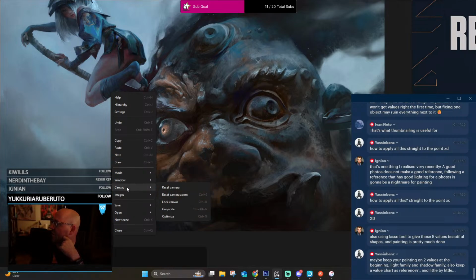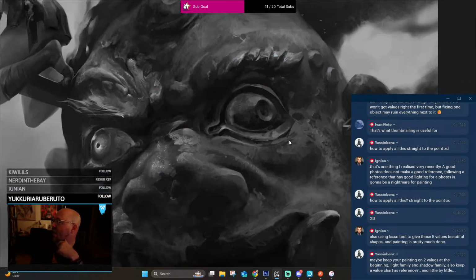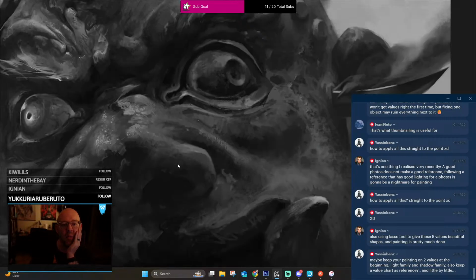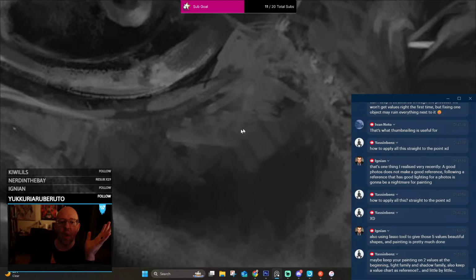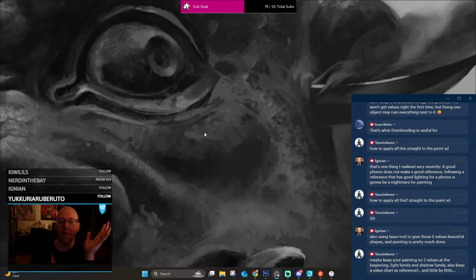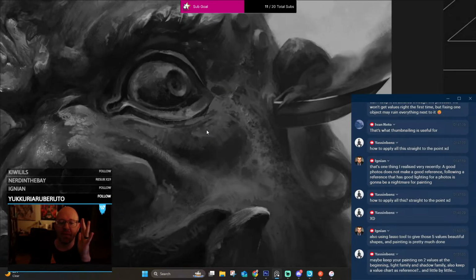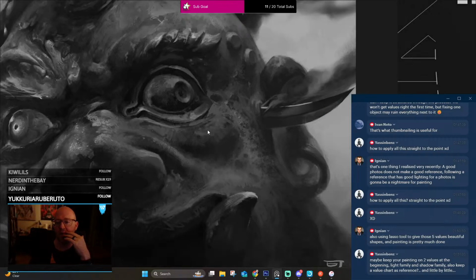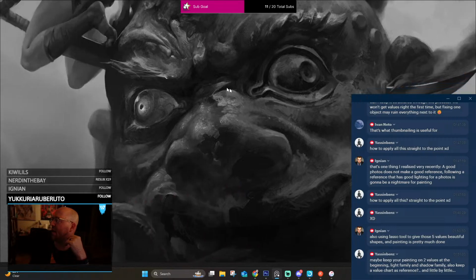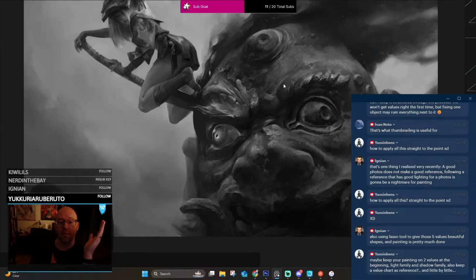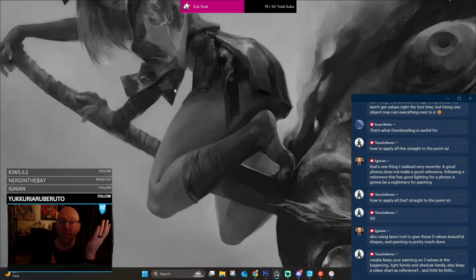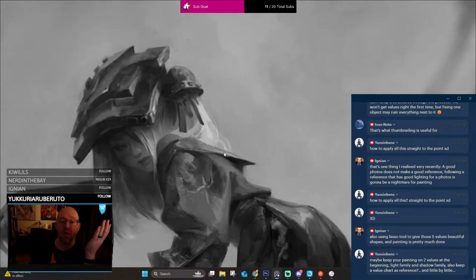Let's go canvas, grayscale. Now see all that detail? It kind of went away, didn't it? It's still cool, but this is way more approachable than looking at the warm versus cool that they have going on. So see here, the highlights are the same value across the painting. The sky is basically a midtone, allowing you to get the most pop out of your shadow.